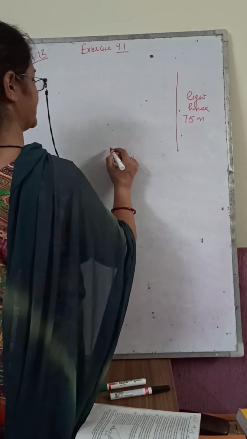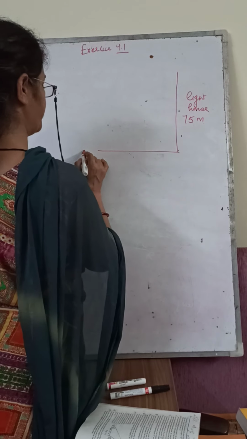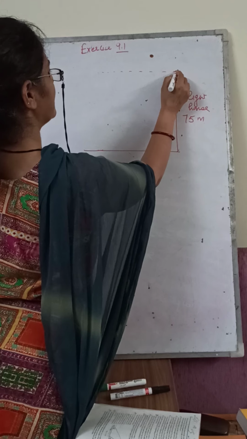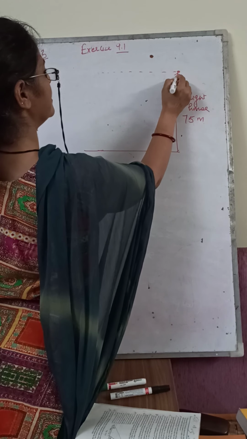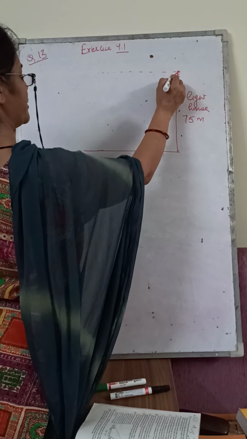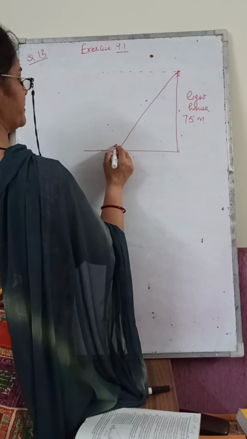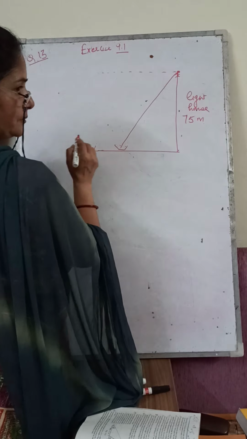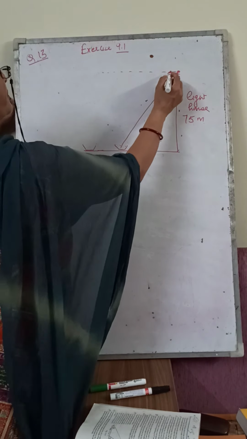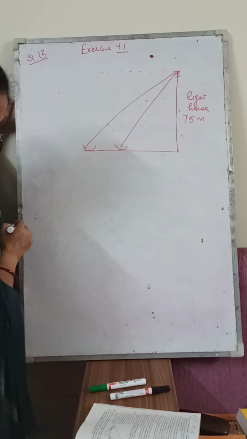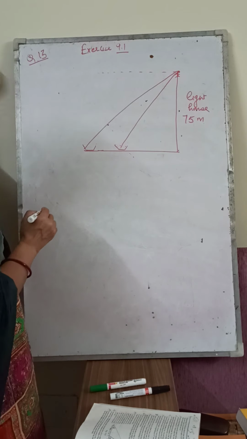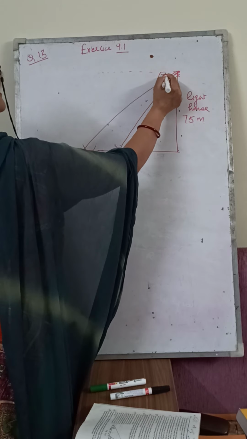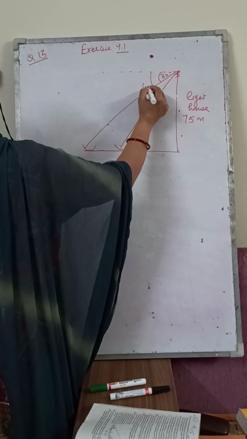Please children note that here angle of depression are given. So for one, suppose this is horizontal level, the person is standing over here. The angle of depression of one ship, this is one ship, and this is another ship. Angle of depression of two ships are 30 degree and 45 degree. So let this angle is 30 degree and this is 45.